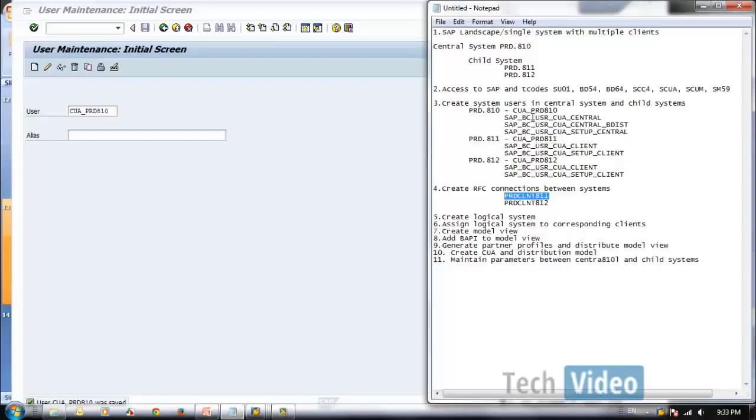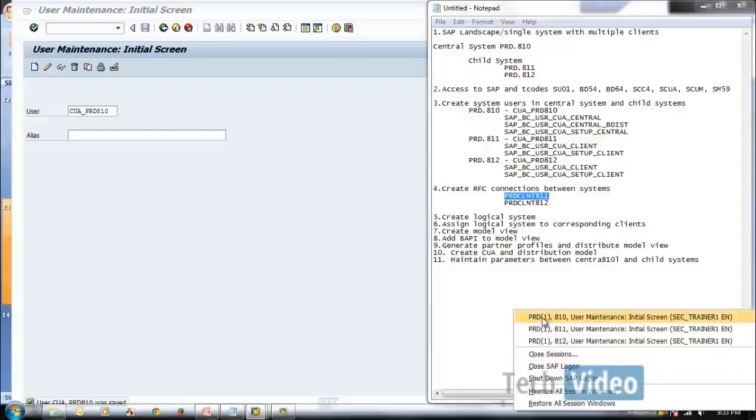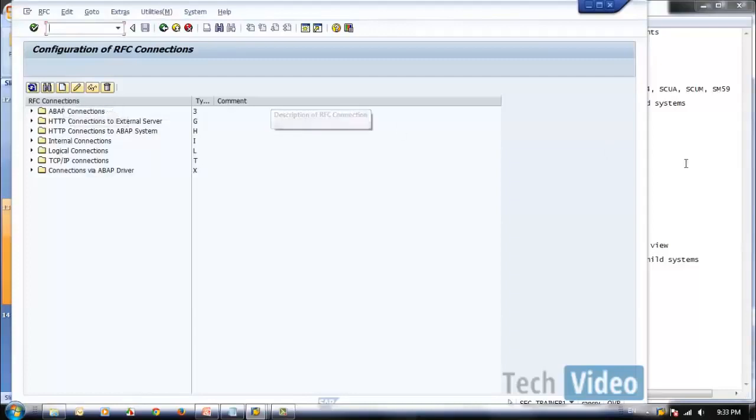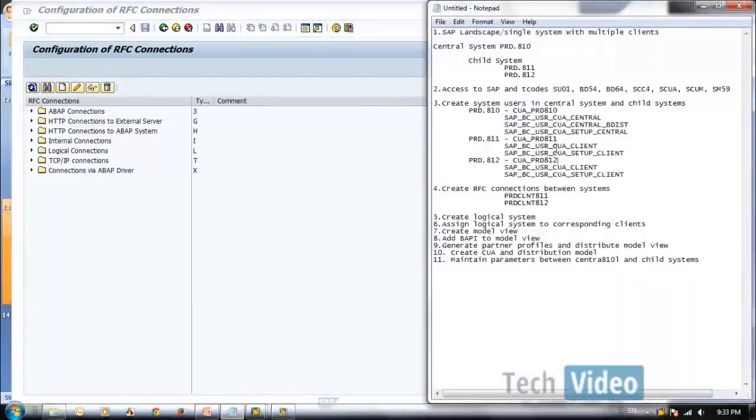These two RFCs from this system going from here to here, meaning let's say go here, session SM59. Okay, so this RFC is coming from 810 to 811.